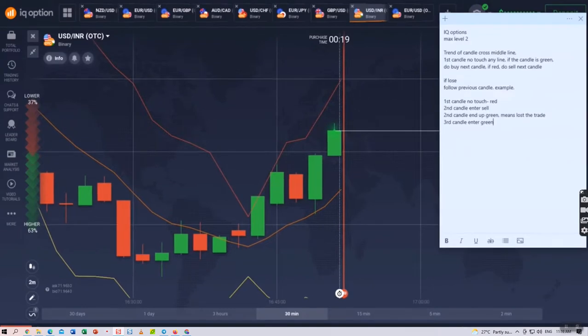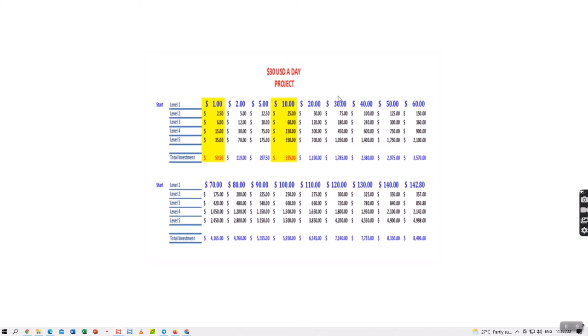Okay, let's talk about how to scale up. This is one of the starting points where I created the first method 1 and method 2 for my previous courses. I want you to focus on starting off with a $10 start, but a deposit of only 100 USD. This is the full level 5 Martingale system, which I don't want you all to go through. In the resources button, I will delete all this level 3, 4, 5, so it will be an easier version to see.